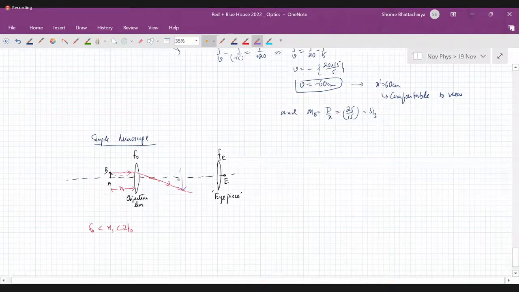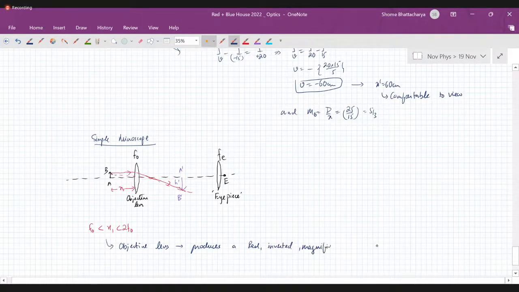Of this. So the objective lens produces a real, inverted and magnified image A prime B prime, such that H prime is equal to the linear magnification produced by this, into H,